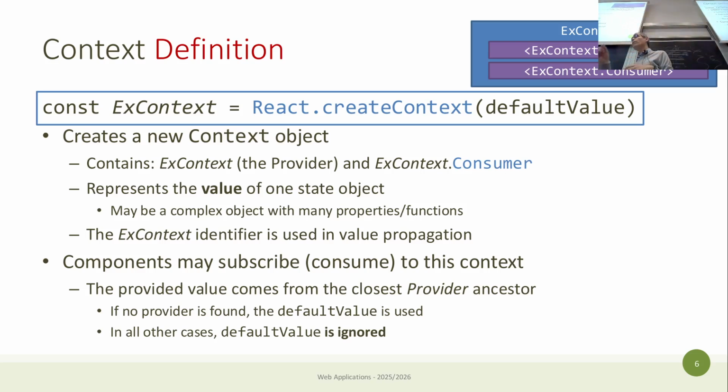Normal components can have useState and so on, that's fine. You can pass the value through the context if you have the context defined and the context provider defined inside the component, that's fine. But you cannot store a state inside the context, okay? So, you need to have a default value. Of course, as in any JavaScript code, here you can leave it empty, and it will be undefined as usual,